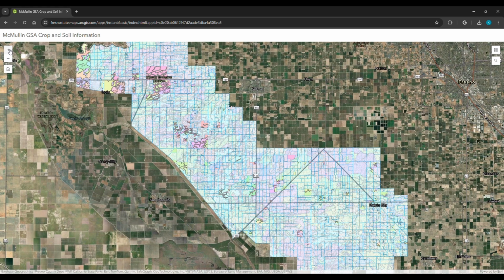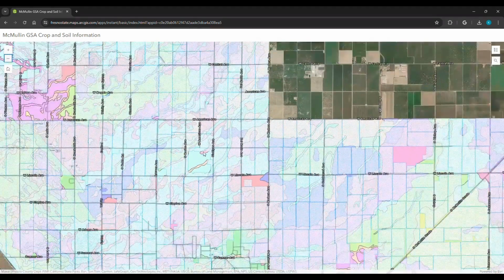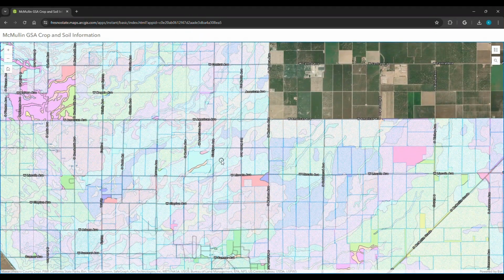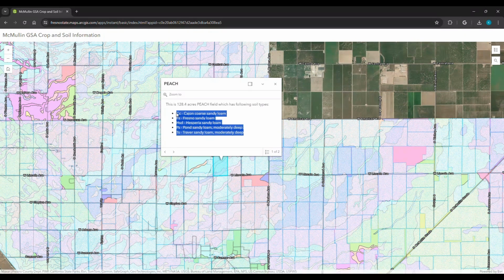Use your mouse or the map zoom buttons to zoom in and out to locate and select your farm. When you click on any part of your farm, you see all the soil types present on your farm. The first 2 or 3 letters of each soil type represent the map unit symbol, and the rest is the map unit name. Write down the map unit symbols of your farm or copy and paste the symbols and names